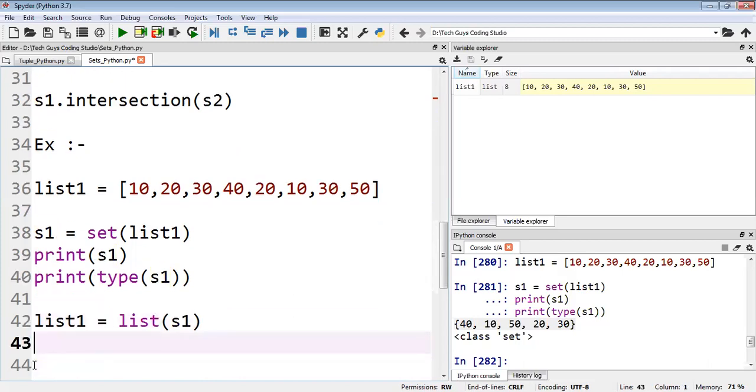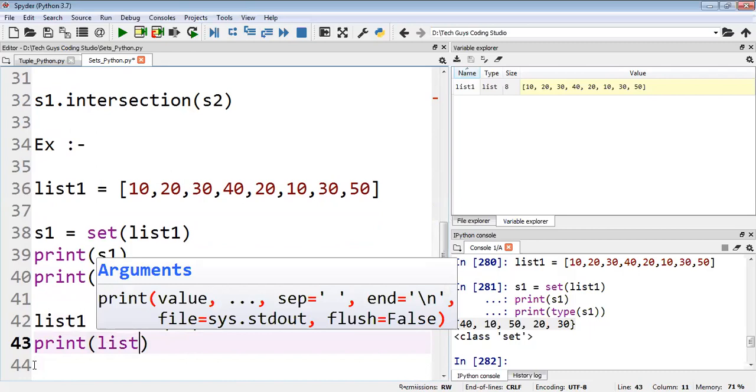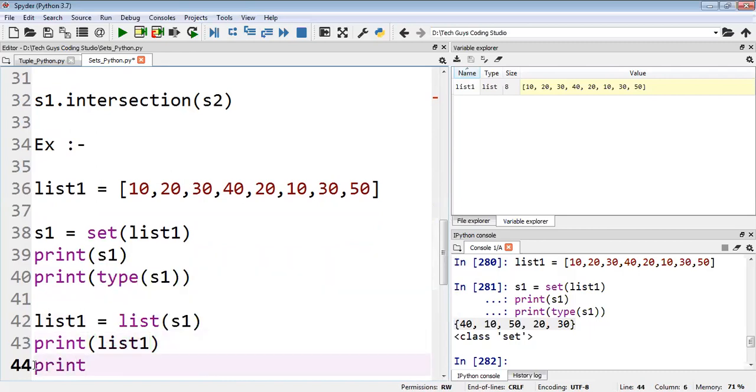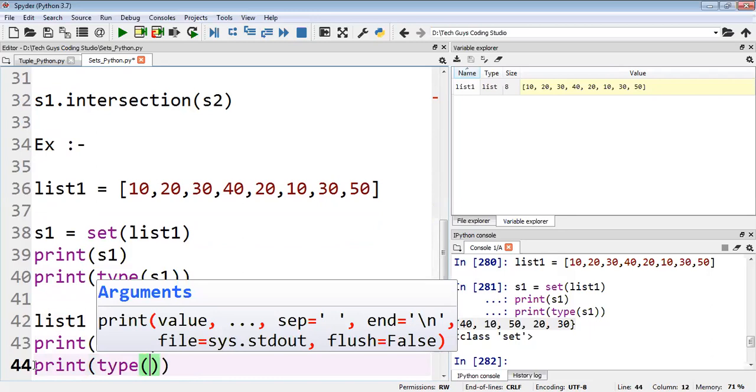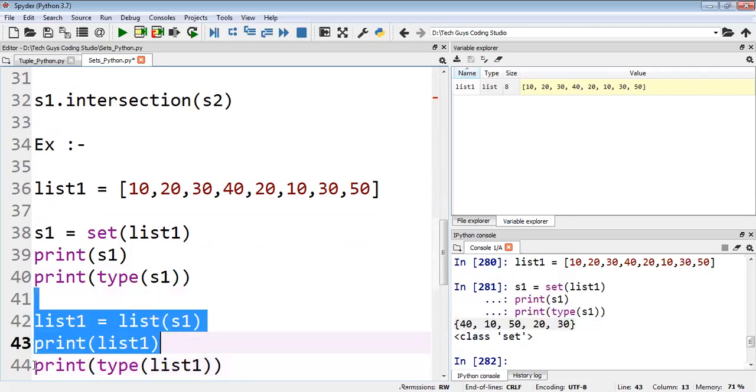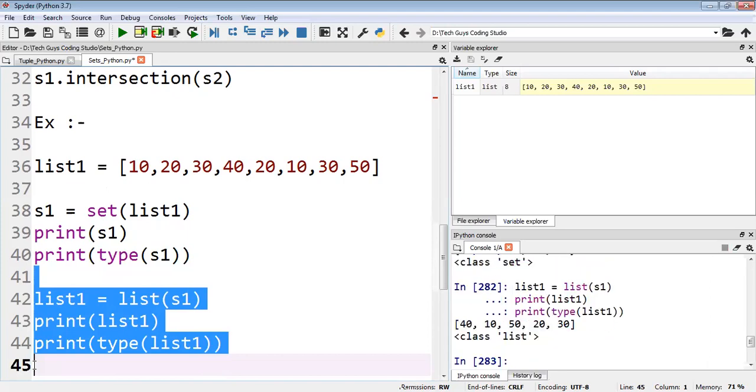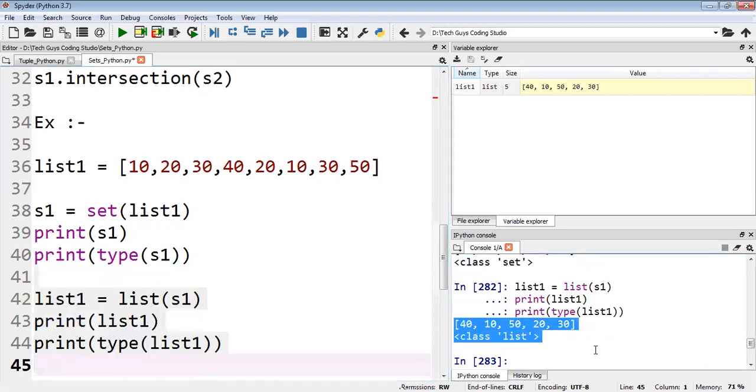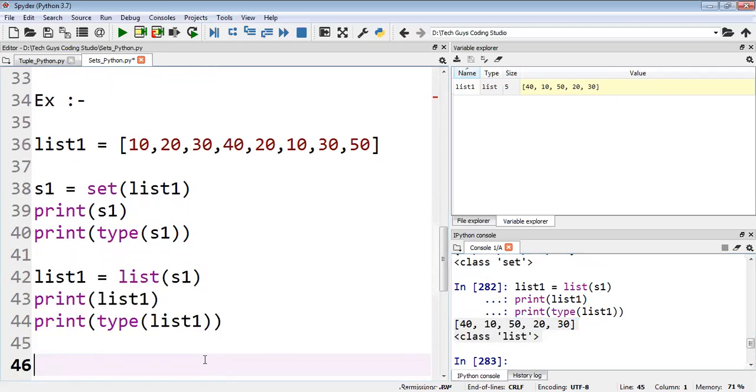Now we'll write here print of the value, then type of, like this. Now see, we got the output in this one, and once we got the values, we can perform any operation, because our values are now in the list. Like this, set is very efficient for the values. And to remove duplicate values, we can go for the set, since it will not allow any kind of duplicate values. We can perform some operations like additions, we can remove from the set also. This we can do.